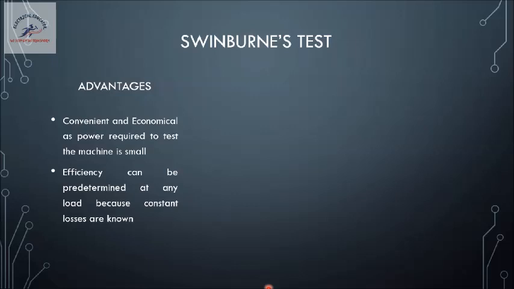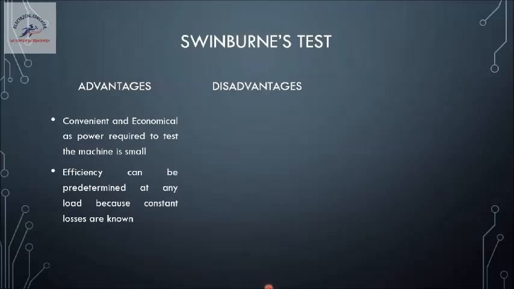If we calculate the value of constant loss from the total loss, if it is possible for us to separate out the constant loss, we know the variable losses for any value of current, because we know that armature resistance is constant, and if we know the armature current value, it is possible for us to find out armature copper losses at any load. From there, efficiency can be predetermined.